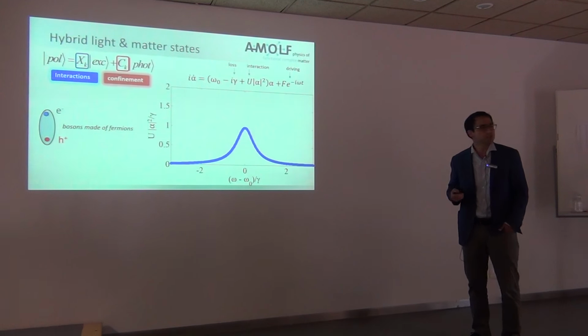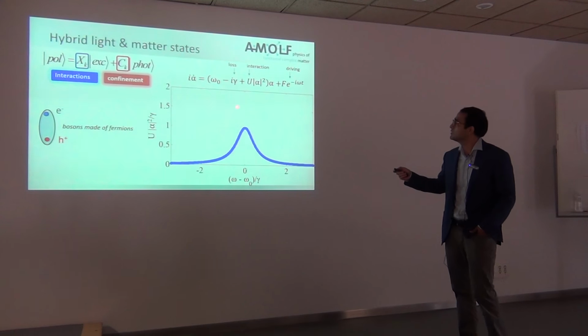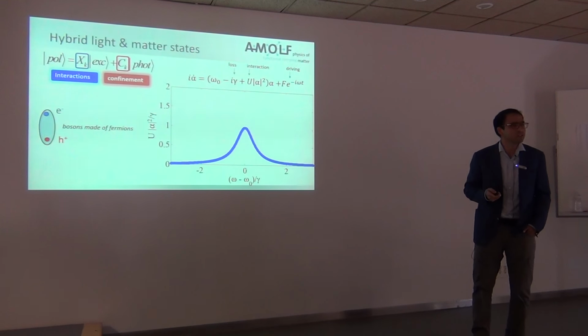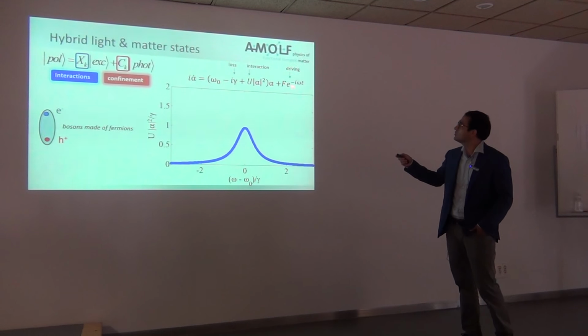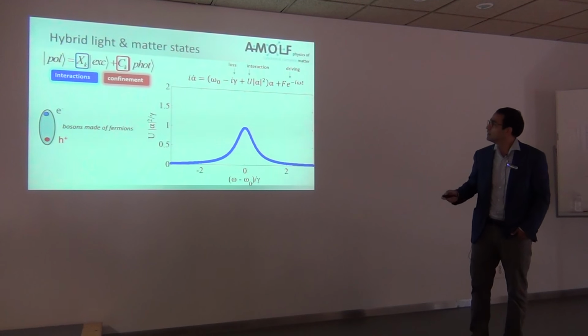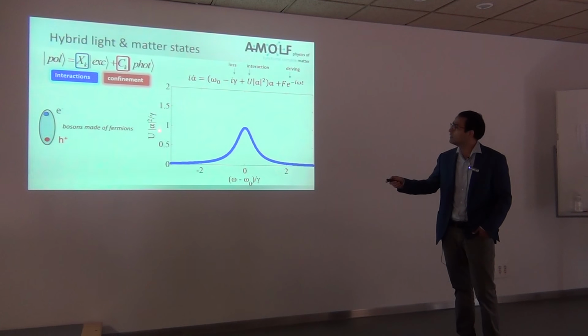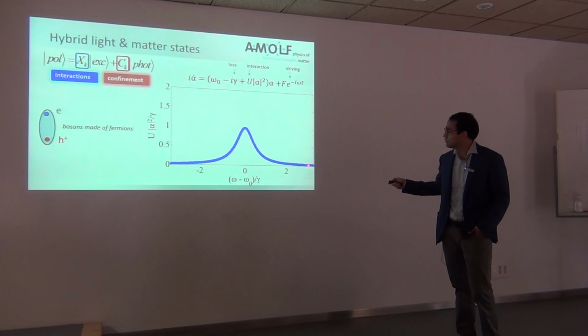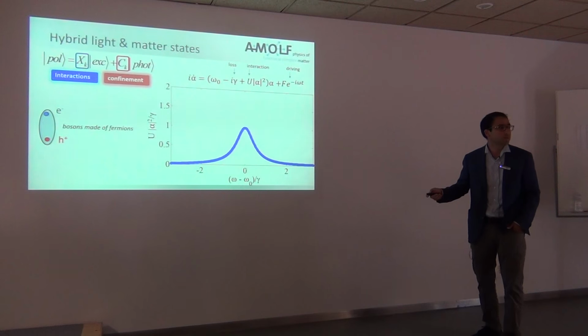Now, the most interesting part of polaritons is that from the exciton part, we get effective interactions. So I want to briefly illustrate the consequences of this interaction, taking a very simple model, which is a kind of nonlinear Schrodinger equation in 0 dimensions, where we now add loss and driving. For weak driving, I plot the density, which is alpha squared in units of the interaction constant divided by the loss rate, as a function of the detuning between the driving frequency and the resonance frequency normalized to gamma.